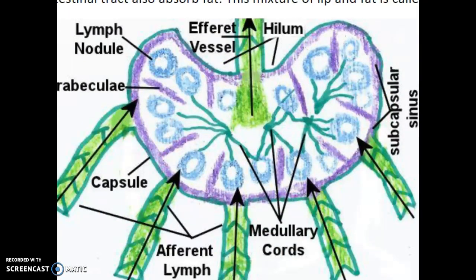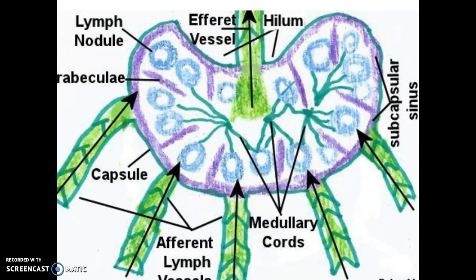Every so often on the lymphatic vessel, there's a lymph node. And the lymph node is a checkpoint. The lymph comes into the lymph node on these afferent lymph vessels coming from the capillaries, and it basically drains through the lymph node and out through an efferent vessel. Now, lymph nodes are encapsulated organs, so there's a capsule on the outside, and they're divided into a cortex and